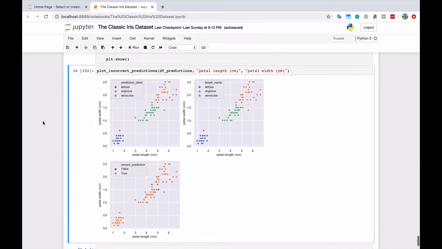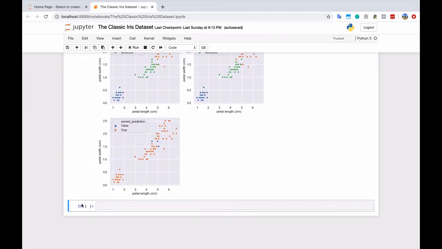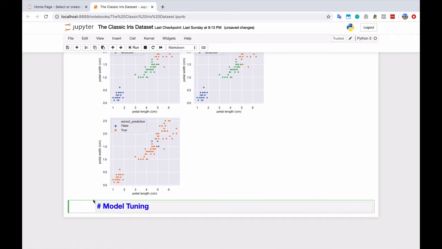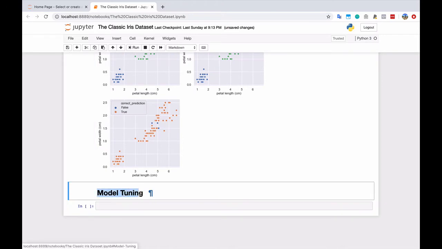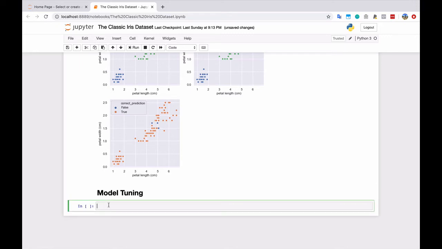So now we're going to move on to model tuning to see if we can get a better model by tweaking some of these different model parameters. Now, we are not going to be working with any other models other than logistic regression in this mini course. That's because I think this is something that would be interesting for you to play around with because scikit-learn makes it very easy to use a bunch of different other models the exact same way that you use logistic